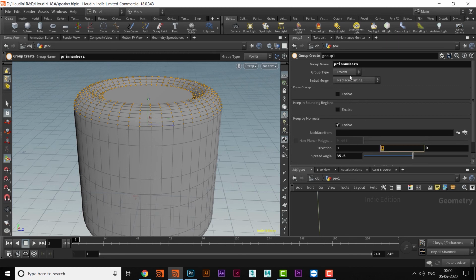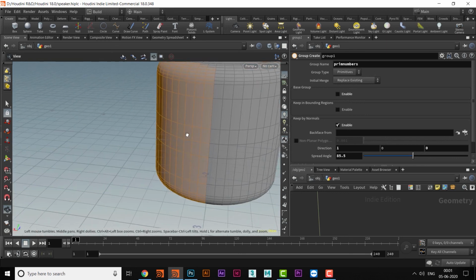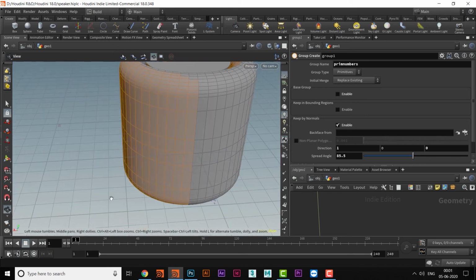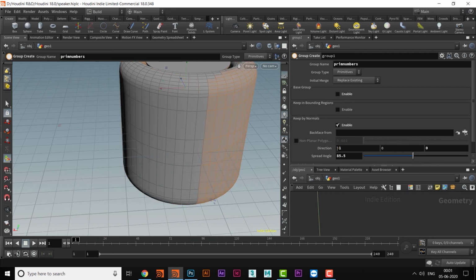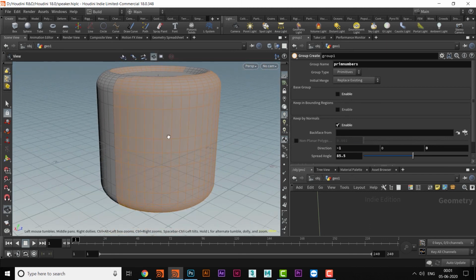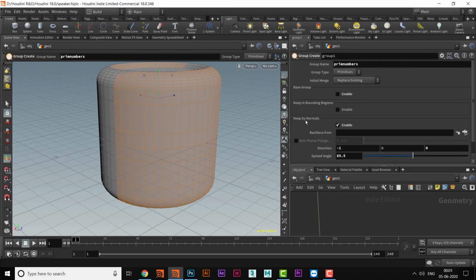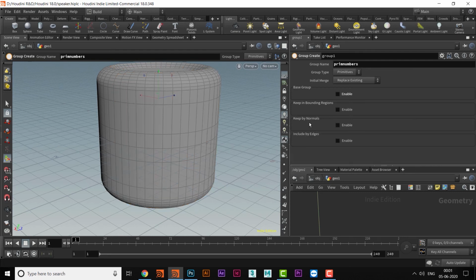Not only this y axis, you can take x axis also, or z axis. So this is x axis, and if you take minus one, that will become the opposite side of the x axis, that is negative x axis, like this. Okay, so that is keep by normals.